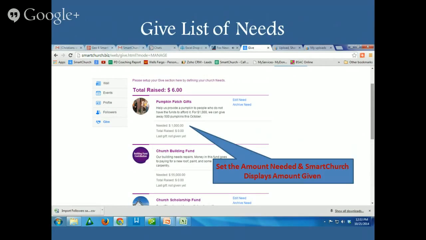One of the unique features that we're giving you is we allow you to set the amount needed, and then SmartChurch displays that amount given. So you can see here, in the case of the pumpkin patch, the needed amount is $1,000, and at this point in time, the total raised is 0. So as people gave, it would reduce that amount to 0, and then people could not give to that further. So we like that. That was something that some pastors recommended, and so you can set an amount, or you can set an unlimited